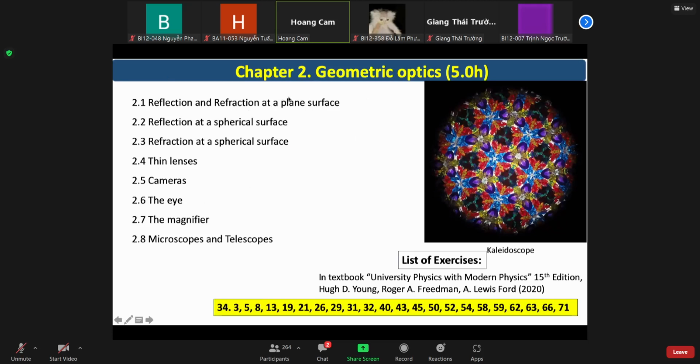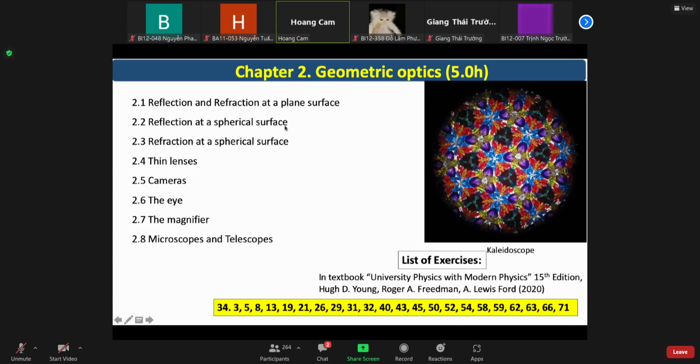What we are going to do in this second chapter is to see how an image is formed by an optical device. And we will deal with the reflection and refraction of light at a plane surface or at a